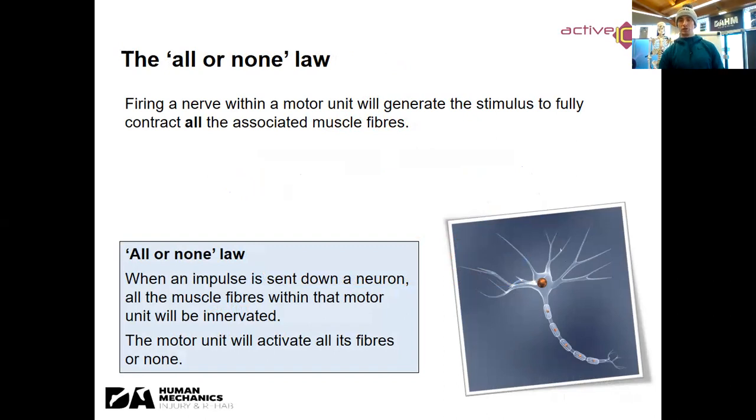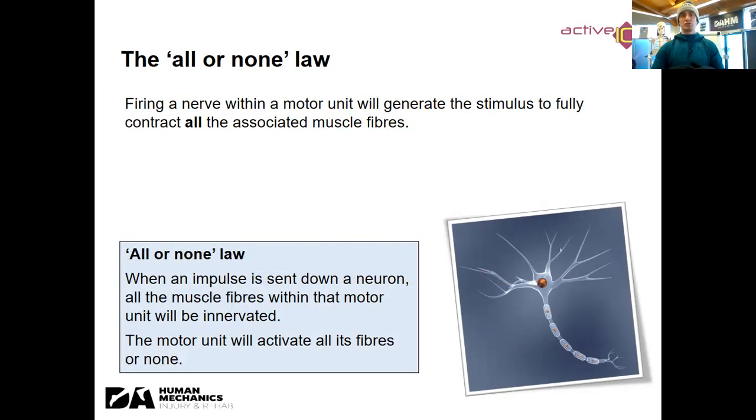the all or none law. I hear this all the time from lots of our patients, in that they talk about, I feel like my muscle isn't engaging, or it's not firing properly. It's firing a little bit, but not a lot. And I think the assumption is that our muscle is controlled directly by a stimulus, like one stimulus, then the whole muscle contracts. Whereas sometimes the stimulus just isn't there, and it's only getting to this part, and it's